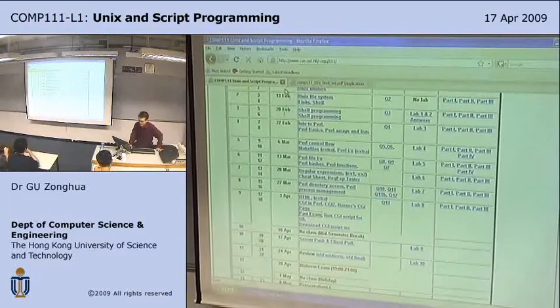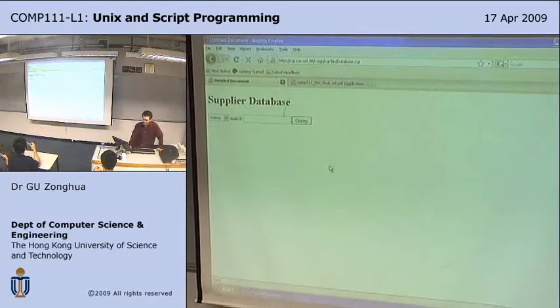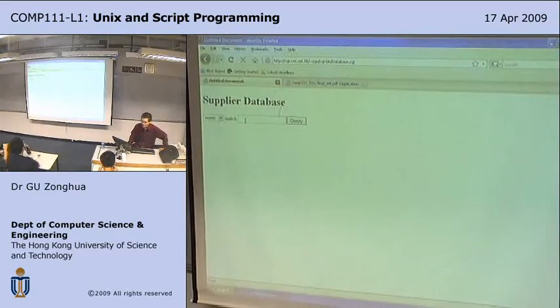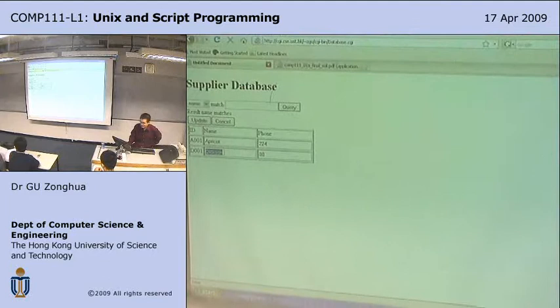Let's look at this CGI script on the web. It's a supplier database, so you can search the database. Say name matches some regular expression pattern, or phone number matches some pattern. If you specify null, it lists all the entries. Right now the database has 2 entries: ID A001, name apricot, phone 224, and ID D001, name Dixon, phone